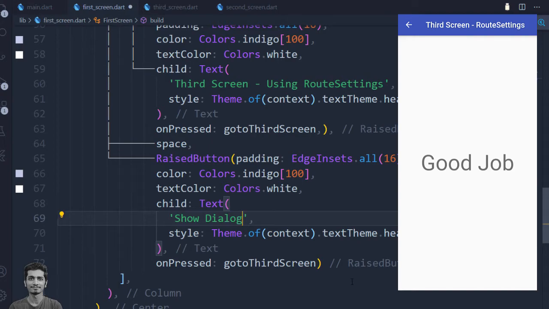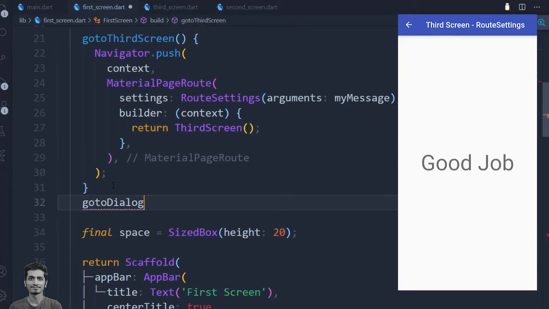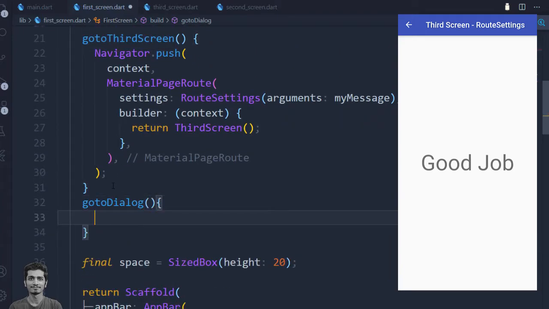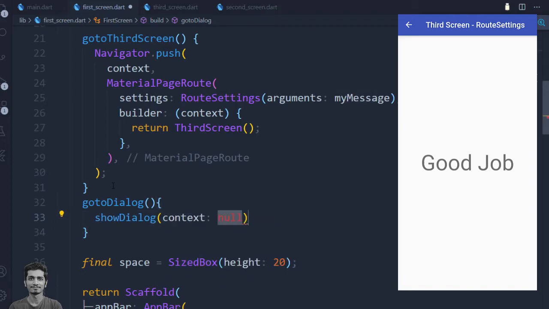We set the onPressed property to the go to dialog here. Let's create this function above. Here we will show the dialog by using the showDialog method, which will automatically navigate us to the show dialog screen.